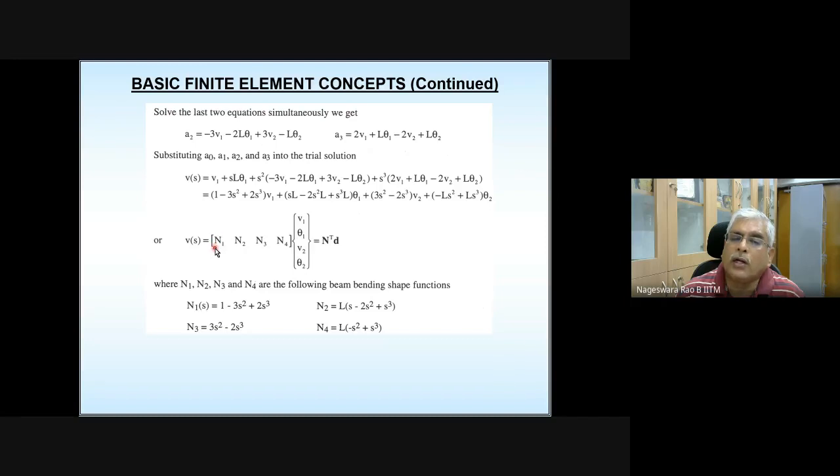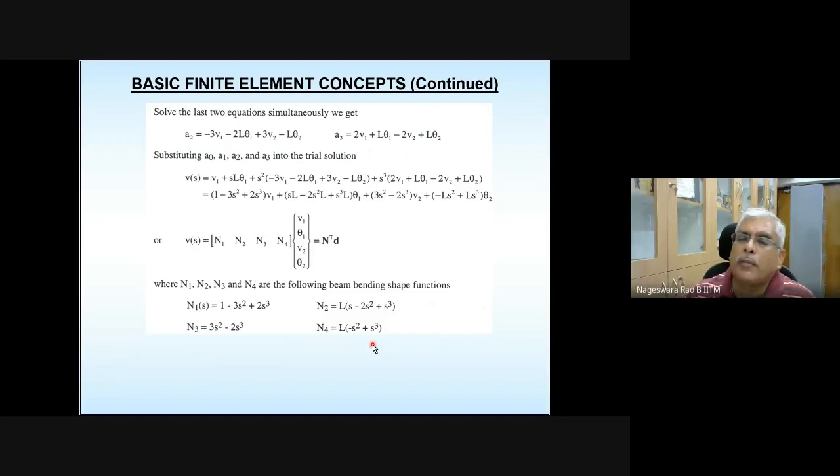If you want to find what N1, N2, N3 are, they are here. Here N1, N2, N3 are given in terms of the S coordinate system, the parent element coordinate system. Some student asked: if you don't like this and want it in terms of X, you can rederive everything without that mapping and then find what these expressions look like. Okay? So these are the shape functions.